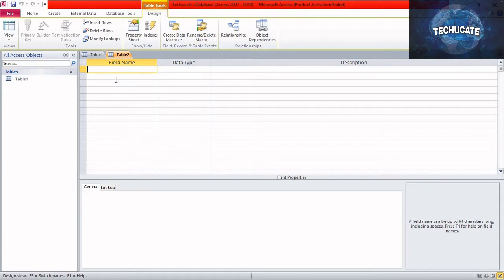Now I will add attributes to this table. For example, I'll have the roll number, first name and last name as attributes to my table.